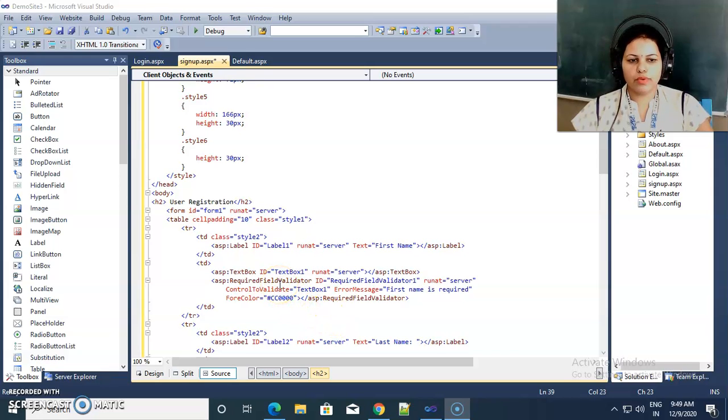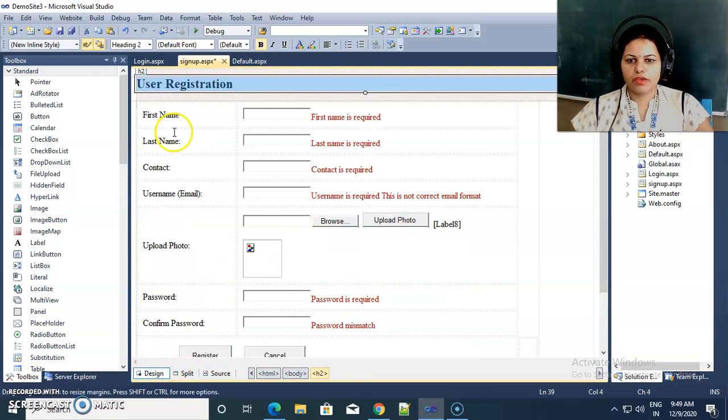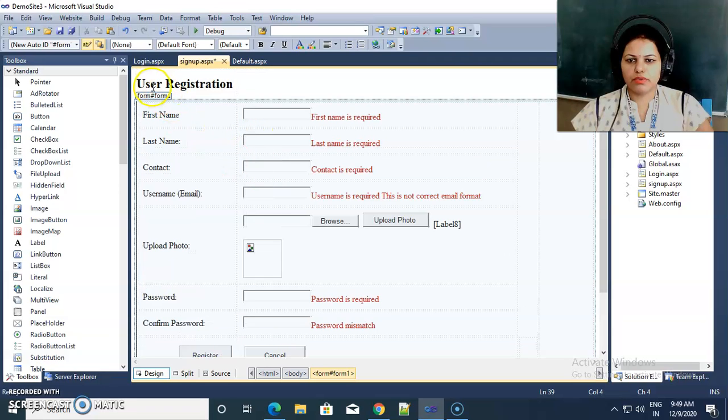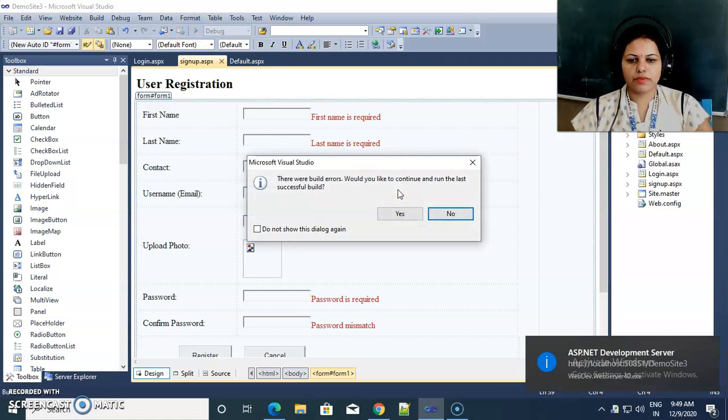If you don't know about the previous part of it, go towards the sign up page part 1 and then see this video. So here I am adding one H2 tag, and inside the H2 tag I am giving the user registration label. So here we see user registration. Okay, now if I run this page,